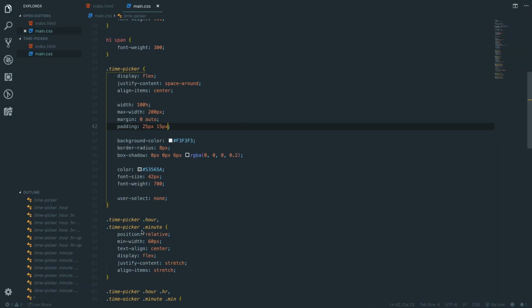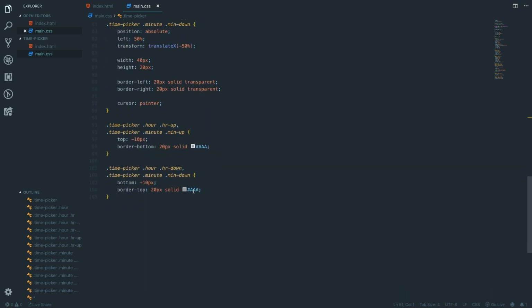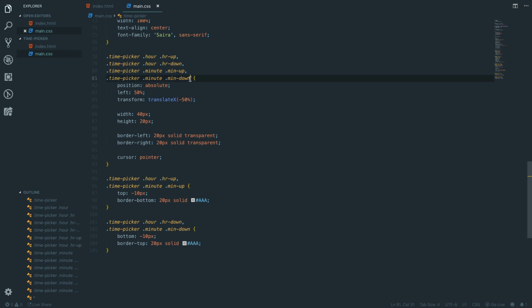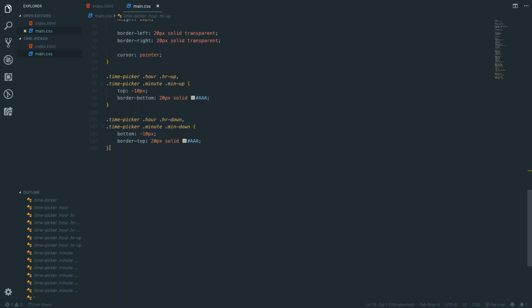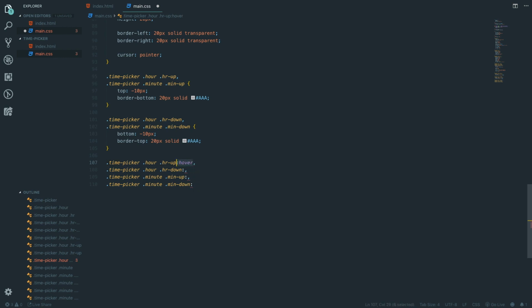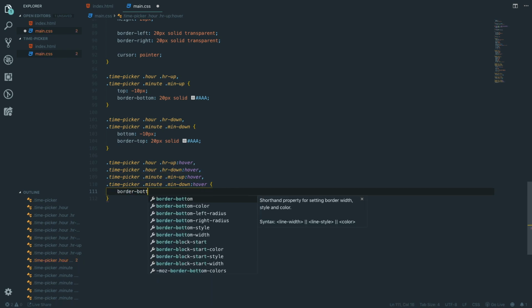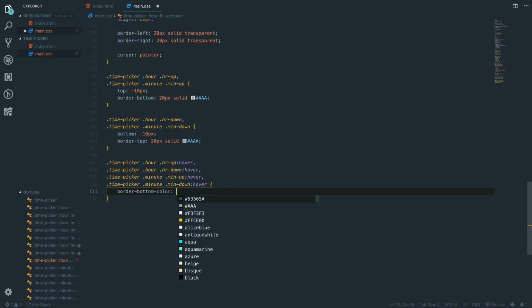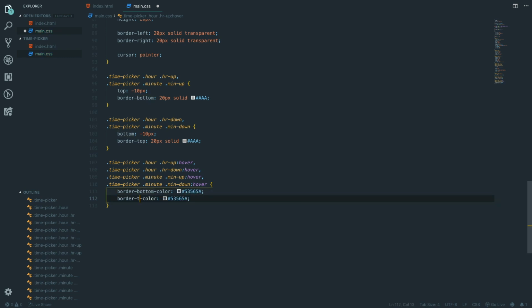So, with that being said, we want to actually copy one of these, and we're going to say this one. I want to go down here and write the hover part. Oh wait, I forgot to write the hover part. Damn it. There's me writing stuff out and I haven't even got it down. And we're going to say border bottom color of 535658, and we're going to say border top color